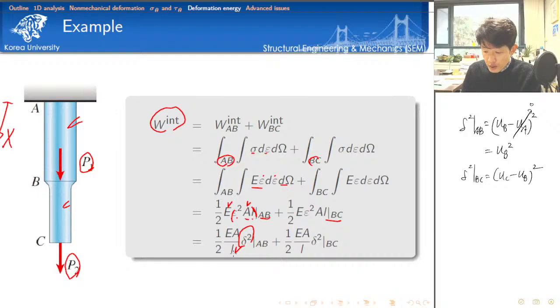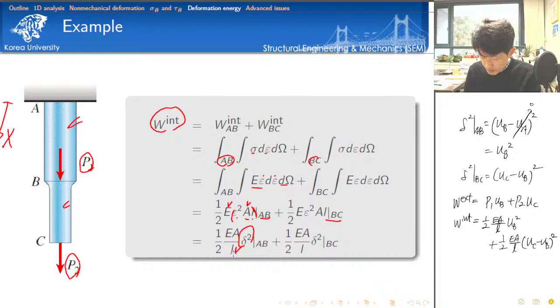So then the external work is linear. As I gave you, external work is linear: P1 UB plus P2 UC. And the internal work is quadratic. So a half of EA over the length, times UB squared, plus a half EA over L, times UC minus UB squared. Okay, so the external work is equal to the internal work, and taking the derivative also should